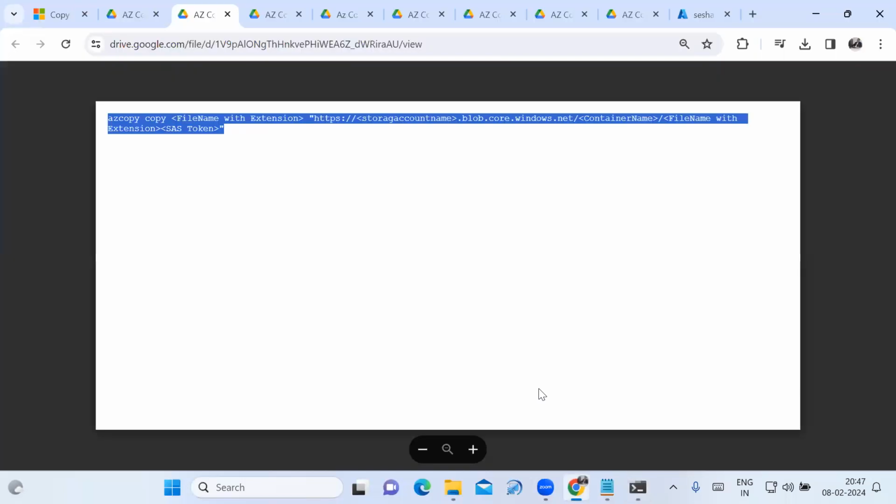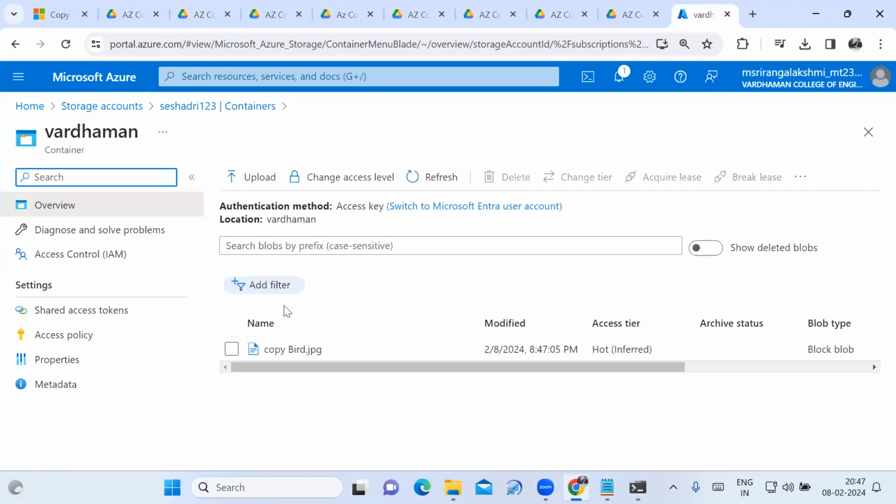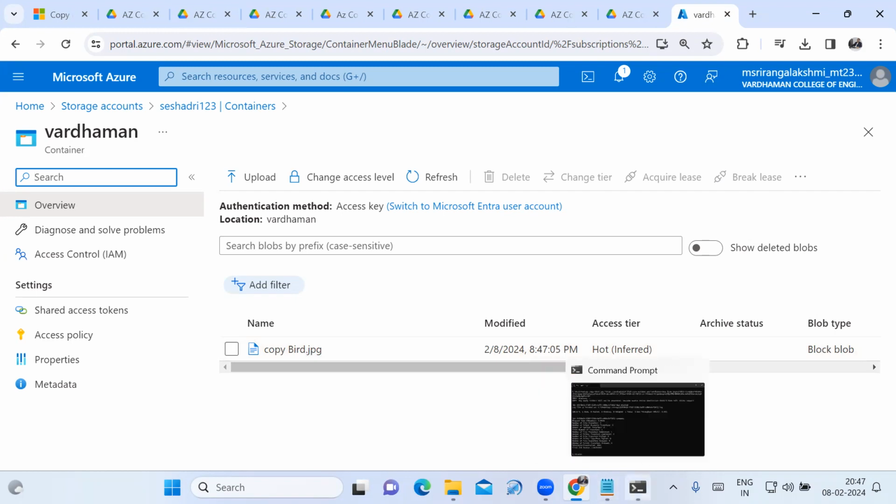You have to open the Azure portal. Just click on the container Vardhaman. See that the object is uploaded in the container using AZ copy. Next, I explain how to upload a file from the